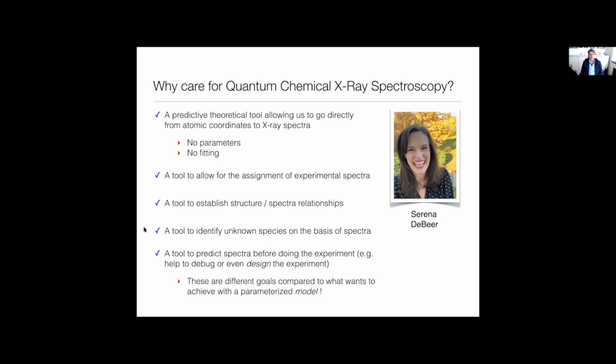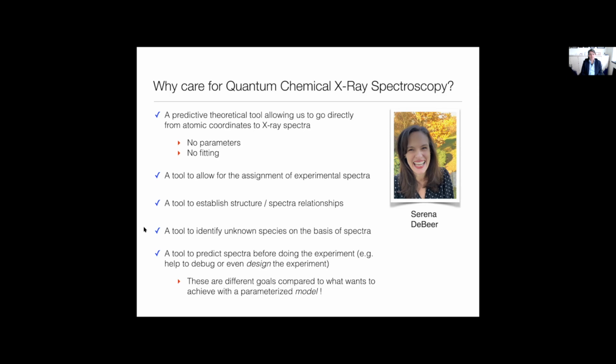Quantum chemistry is also a tool to establish structure-spectra relationships. So when you ask yourself what in the structure is important for what spectral features, then of course you can ask quantum chemistry on model calculations. You can change the structure and can see how the calculated spectra react. So it's an incredibly powerful tool in order to give you insight into what structural details the observed spectra are sensitive to.